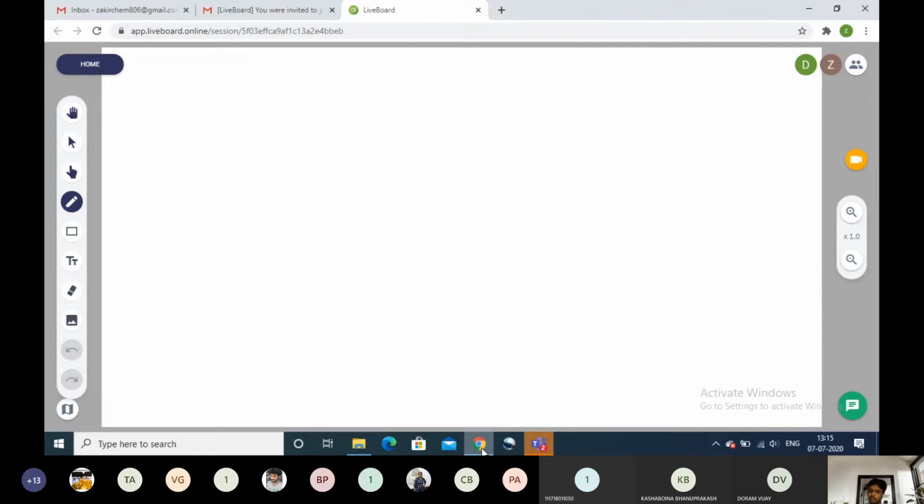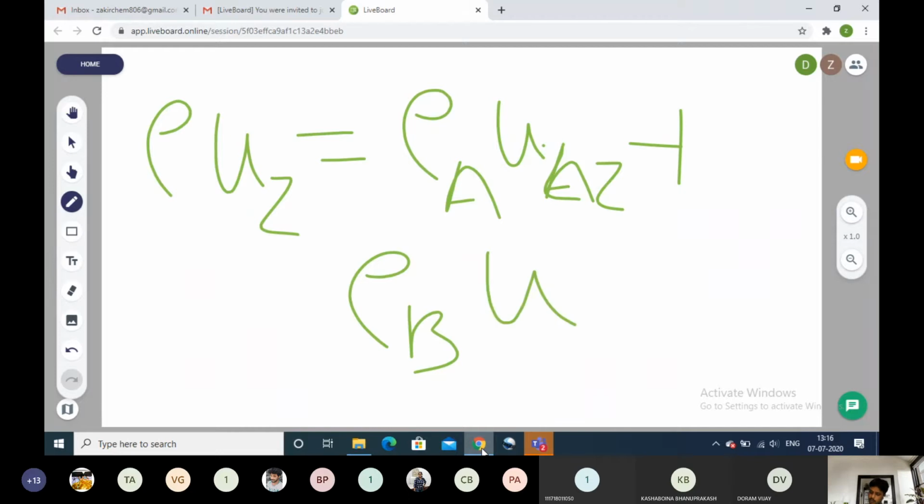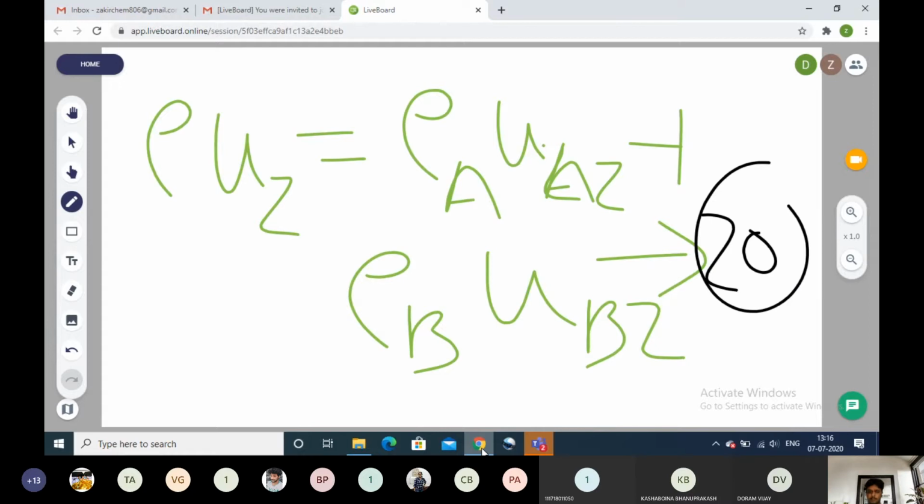Then we have to write for the Z component. Same equation, G is equal to GA plus GB. We have to apply for Z direction. So now it will become rho into UZ, which is nothing but G, is equal to, for A component, rho A into UAZ plus for the B component, rho B into UBZ. So this is equation number 20. For the 3 directions and for 2 components, we have already written the required equation in the form of total mass velocities.